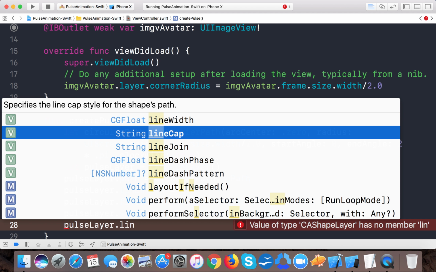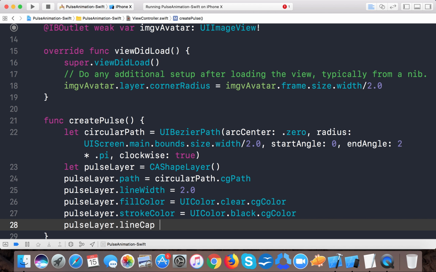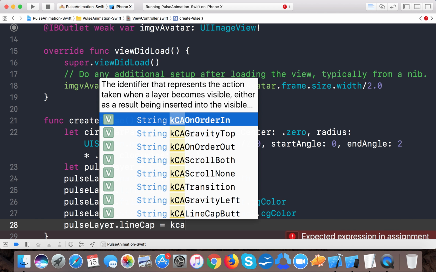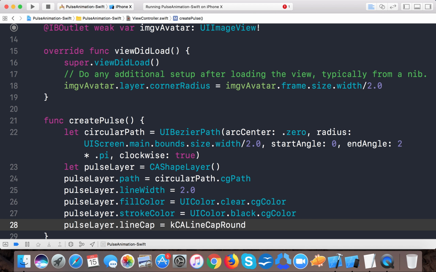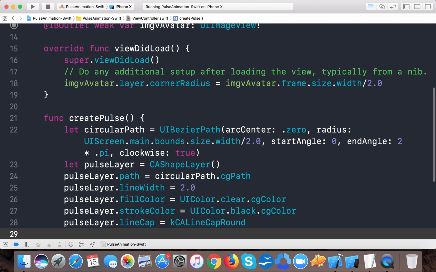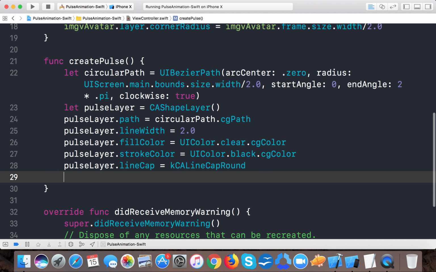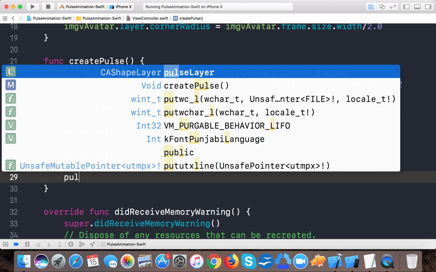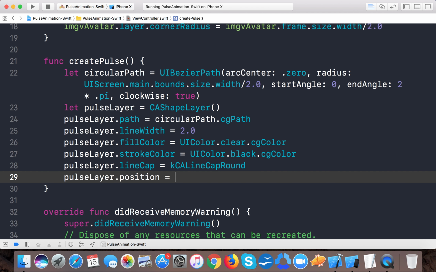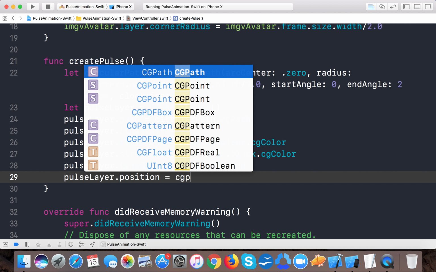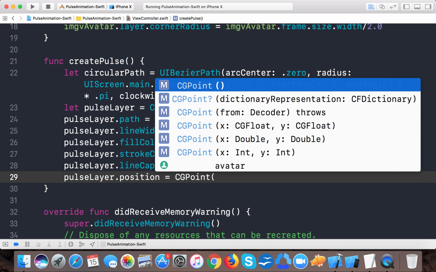Here we specify the line cap style for the shape's path. So we say kCALineCapRound, that is, the style of our layer should be round. And lastly, we will give it a position, the position from where that layer should start. So pulseLayer.position is equal to CGPoint, and here it is